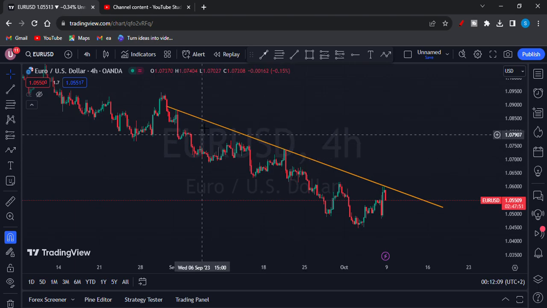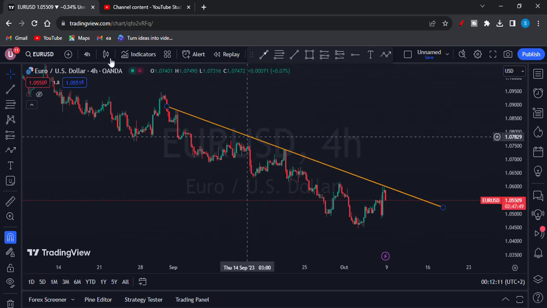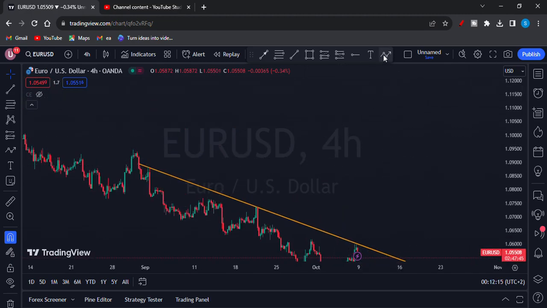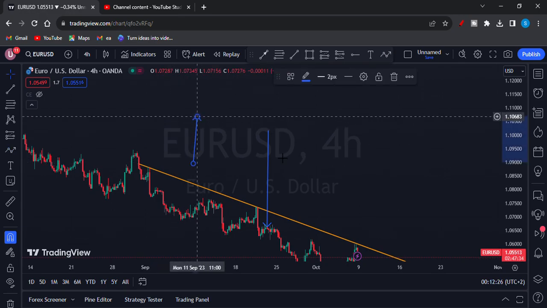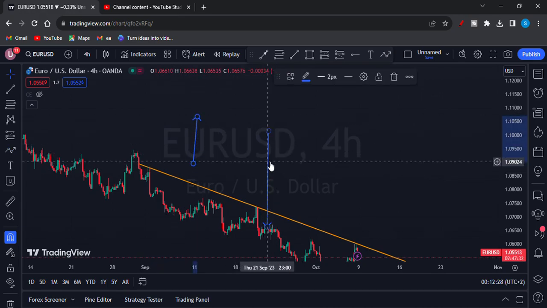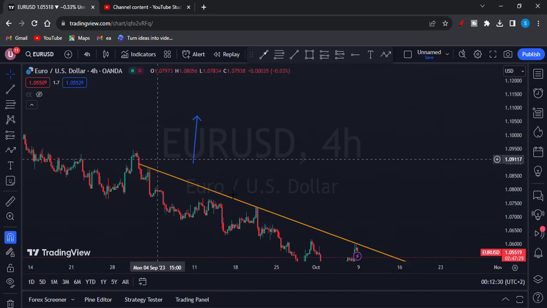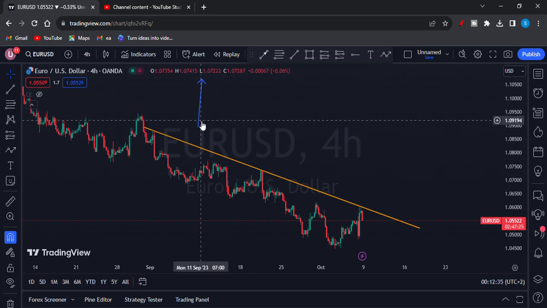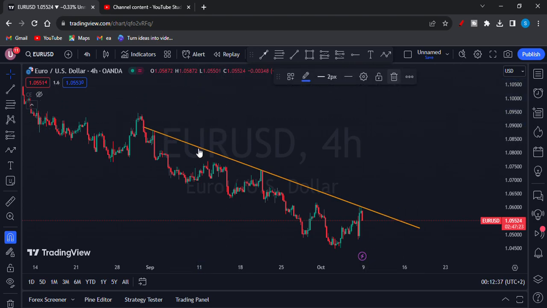Okay, I'm seeing this trend right here to the downside, because here's what's happening. The USD is stronger, and then the euro is very weak, which means that we have to favor the USD. So hence we're having a downtrend. So we're selling the euro versus the USD. So let's go to the hourly,